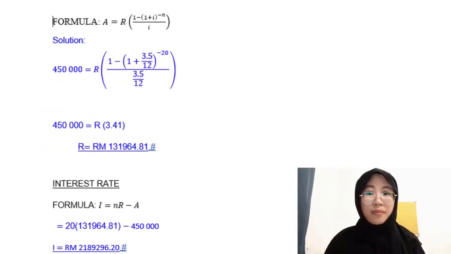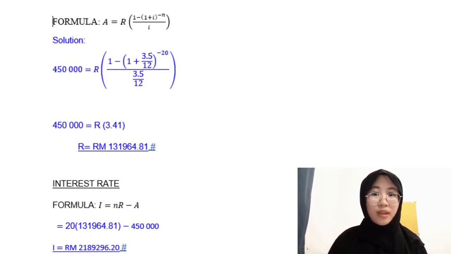Question D. If Jason still plans to loan for 35 years, calculate the periodic payment and total interest charged for Fund B. So the formula we use is A equal to R bracket 1 minus bracket 1 plus i bracket to the power of negative n divided by i bracket. So A is